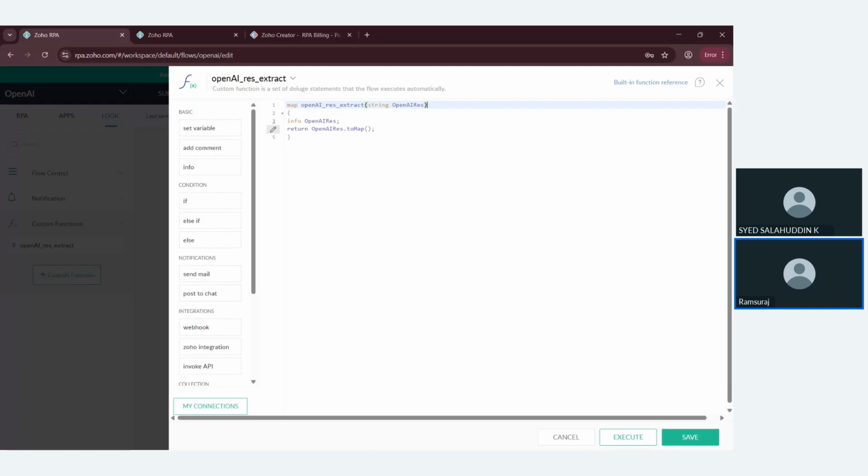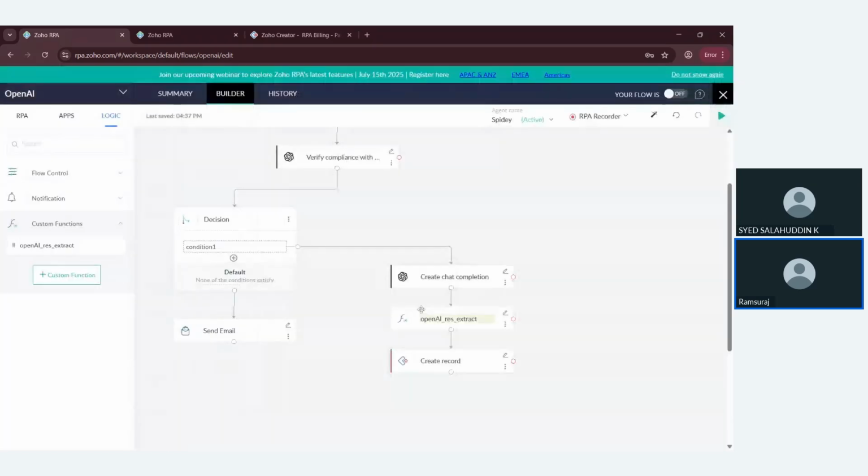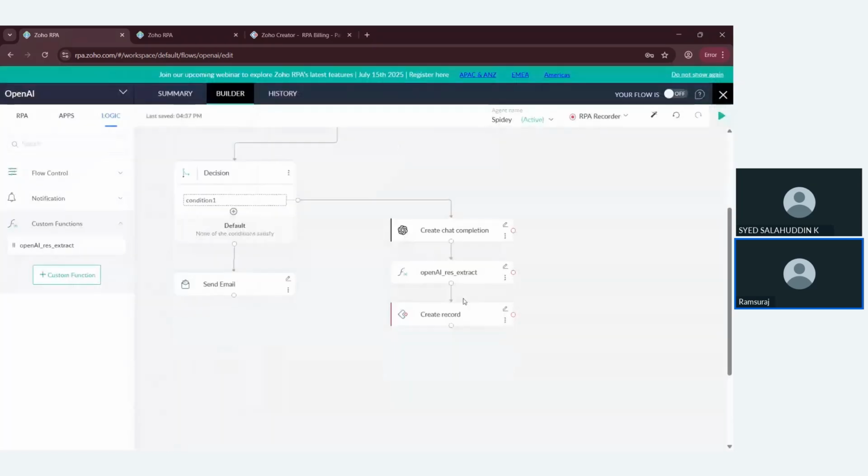To make a key value pair format, I need to use the map function here. Using this function, I'm just changing the formats to upload the data into the Creator. So I have a two-line function to convert the data that we got as a result from the OpenAI, and from here I'm using the create record